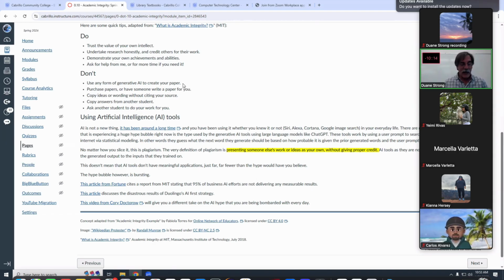But you've been using AI your whole life, whether you know it or not. If you're using, say, Siri, Alexa, Cortana, or Google image searches, that's all AI. You probably don't remember this, but back in the day the URL line on the browser would only take a correctly formed URL.